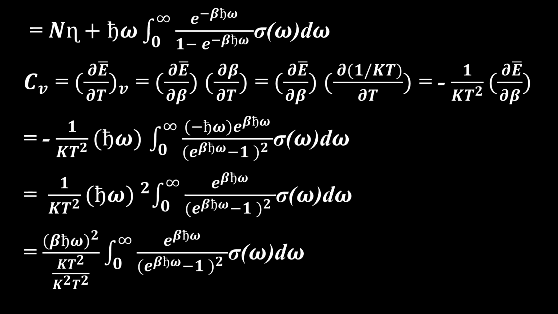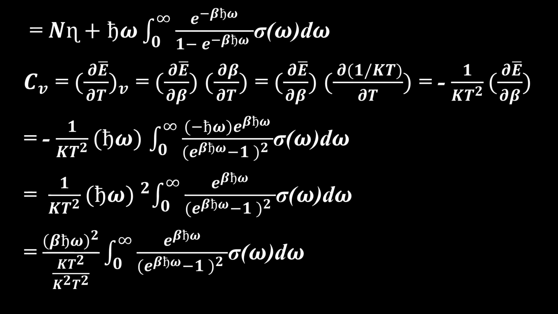We get nη + ħω, the constant term outside of the integration, which we take out: ∫ from 0 to infinity of e^(-βħω)(1 - e^(-βħω)) σ(ω) dω. Actually here it is written ω, but we should write ω_r. Simplifying, and again, we know Cv equals ∂E/∂T